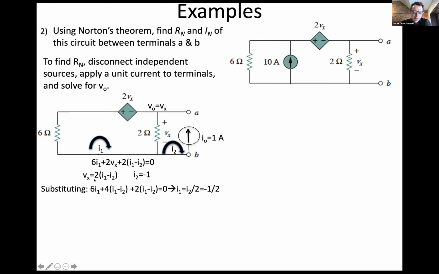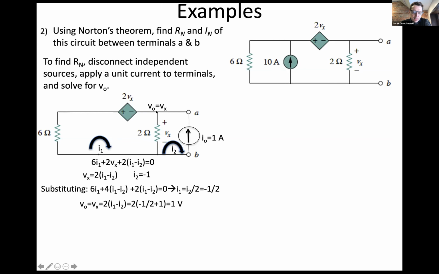You substitute in 2(I1 minus I2) for Vx, then you substitute in -1 for I2, and you solve for I1, which is equal to -0.5, which means,